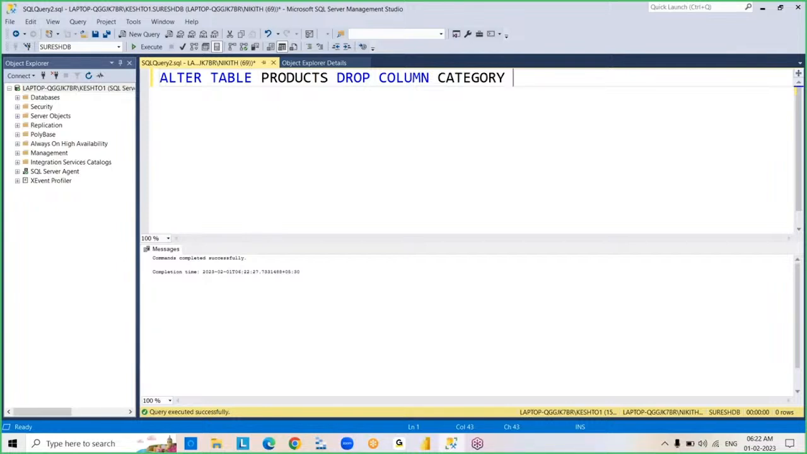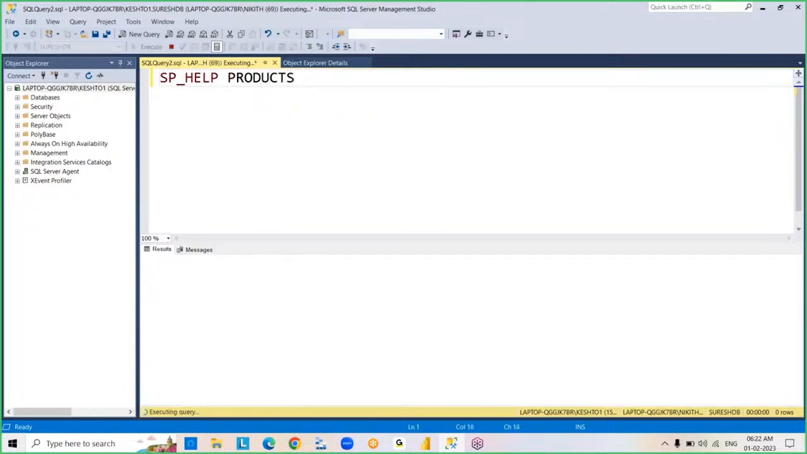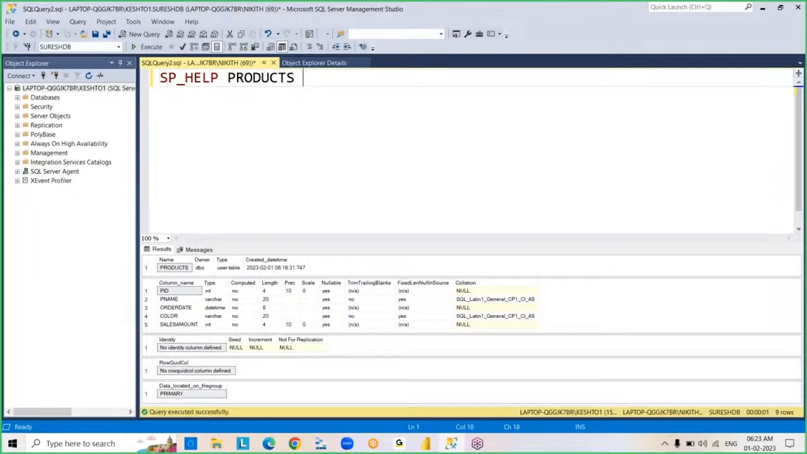Right? So alter drop. By using the alter drop command, we dropped a column from the table. If you have any doubts, sp_help products. See this, there is no category column existing in the table. Okay, now